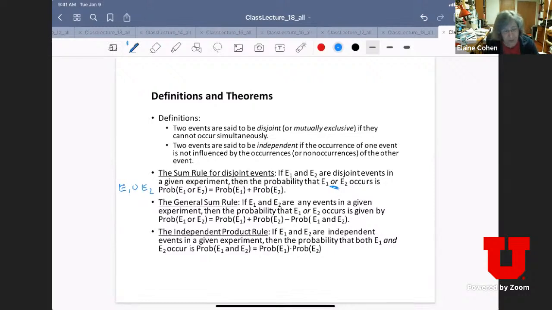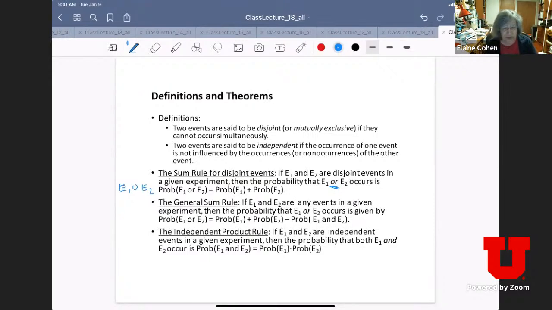Remember, the inclusion-exclusion rule says if I have two sets, then the number of elements, remember, probability looks at the number of elements in the events consisting of E1 or E2 is equal to the number of events in E1 plus the number of events in E2, minus the number of events in their intersection, because we've counted that twice, all divided by the number of possible events. Okay. Yes, you can use the cup notation when we're looking at two elements from now on. Okay, and you can use intersection for and.